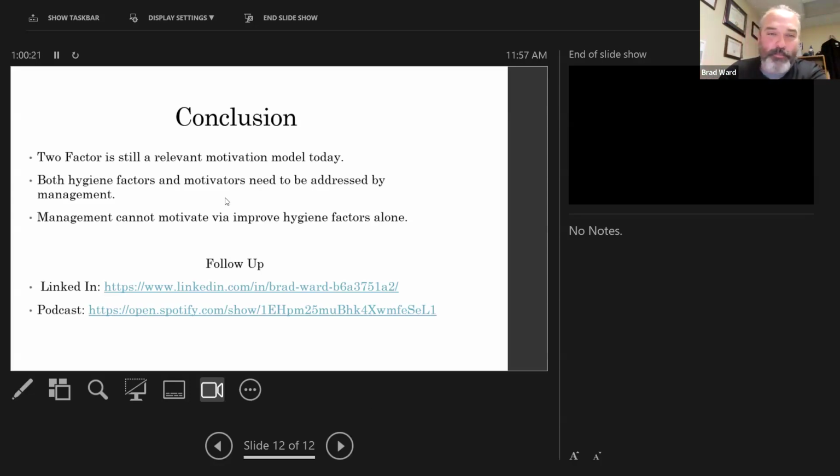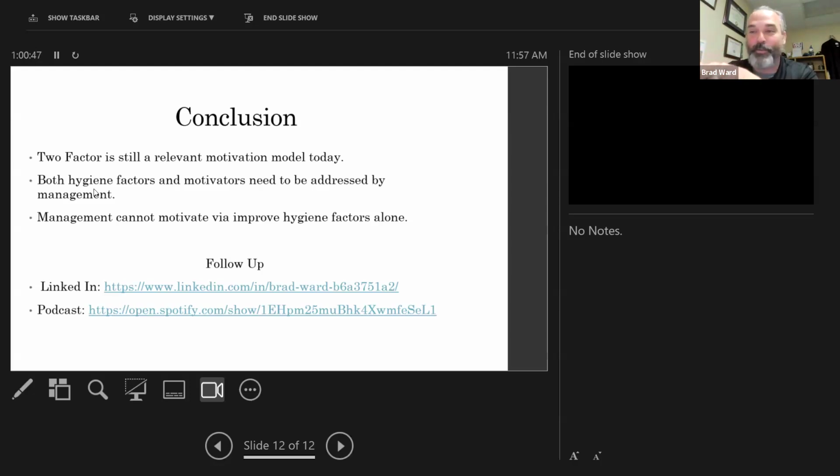So I think that's a big part of it, the industrialization, but I still think it's relevant today. The hygiene factors, the foundation of the house, and the motivators both need to be addressed by management. Usually the easiest things for managers to focus on are the things they can measure. What's that? Salary, accidents at work. It's hard to measure internal motivation unless you survey people.